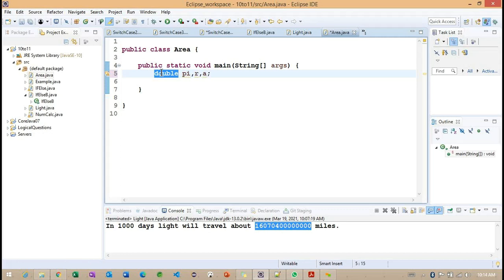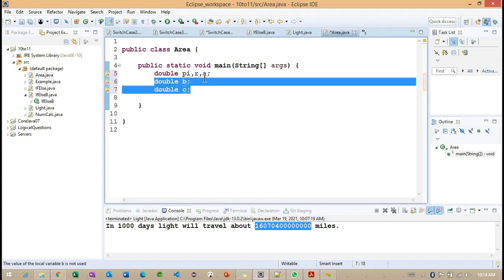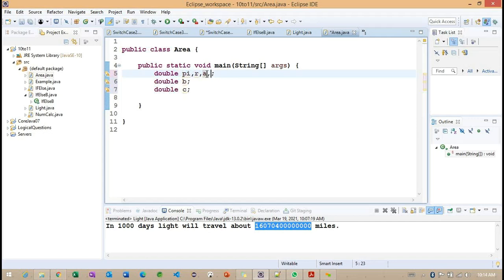Getting the point? This is very important here. Whenever we define the same data type for each and every value, what we can do, instead of defining double b and double c separately, is define double b, c.